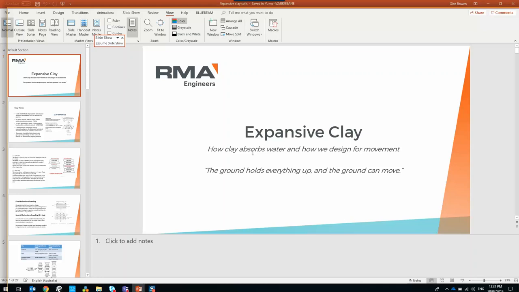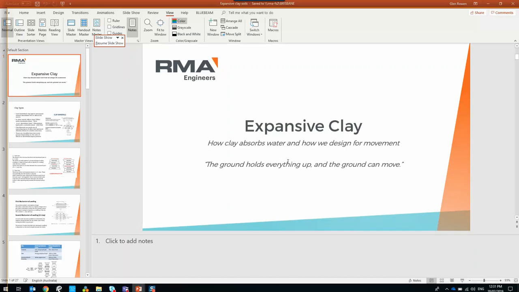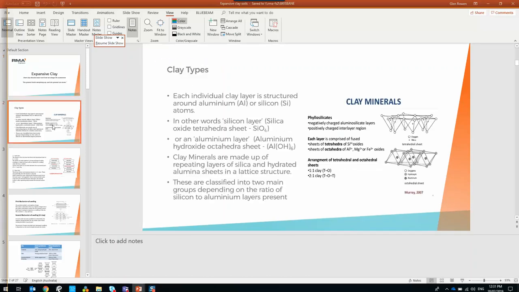So basically that's my engineering 101. The ground holds everything up and the ground can move. Now clays,